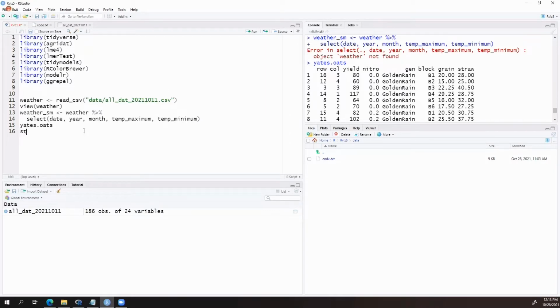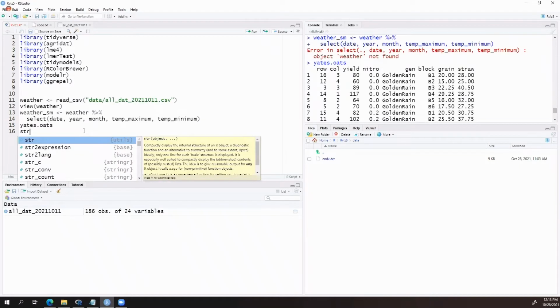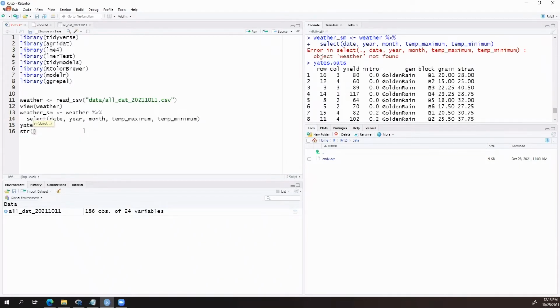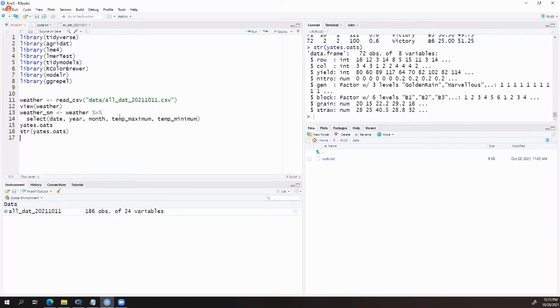And so let's look at that real quickly, because there's a couple of things that are not useful in this data set with regard to the data types. So for instance, our nitrogen, even though we only have 4 values, it shows up as a numerical, and it's going to be a lot more useful if we turn that into a factor.